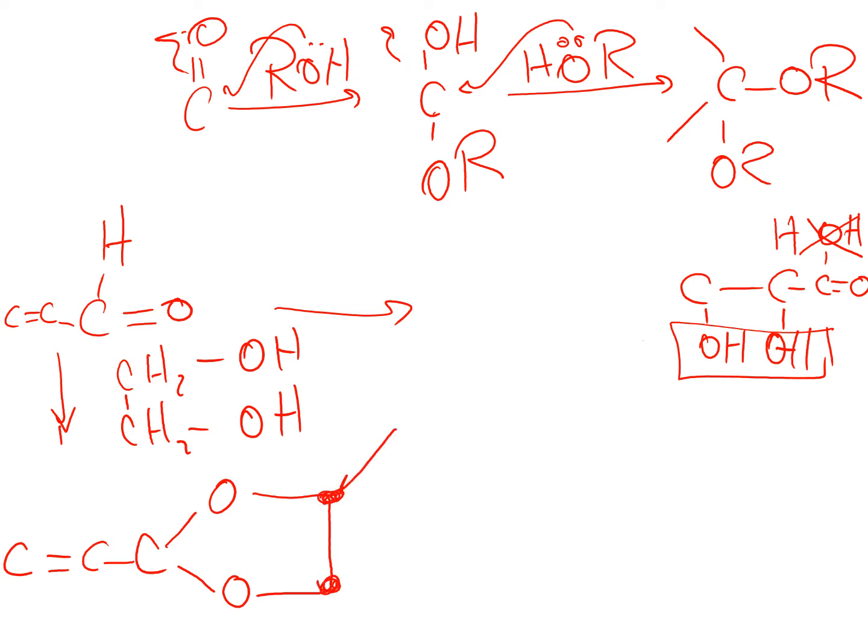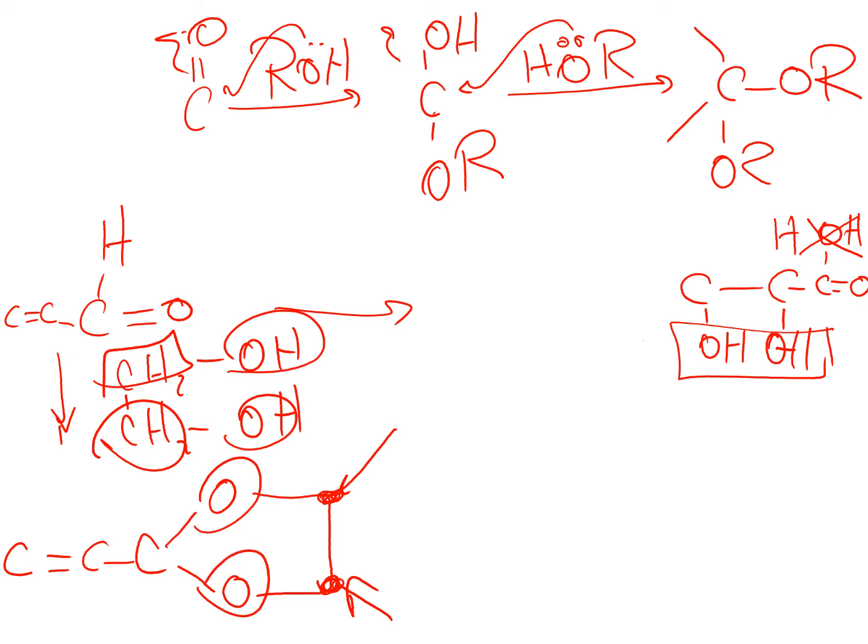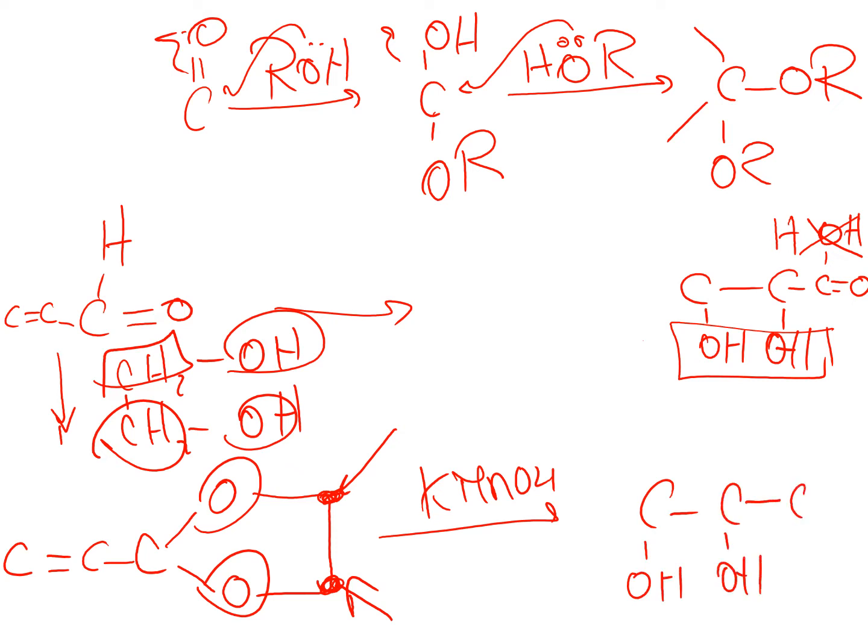This is this carbon, and this one is that carbon, and then you have the O and the O. This is your cyclic acetal compound. Then you perform the potassium permanganate reaction to produce the diol compound. And then you hydrolyze your diol compound to give your